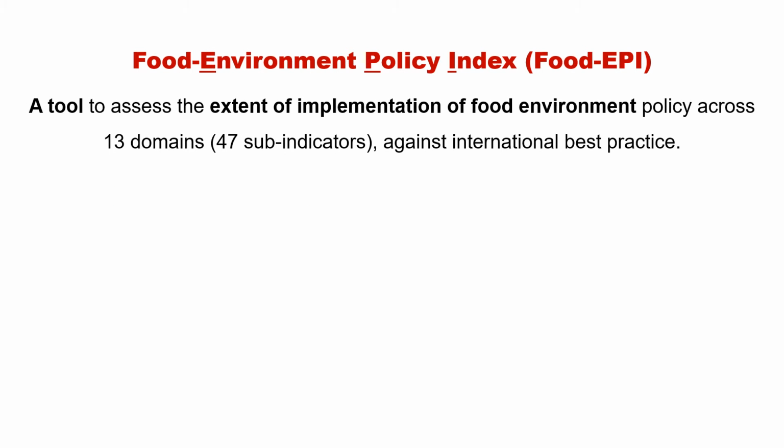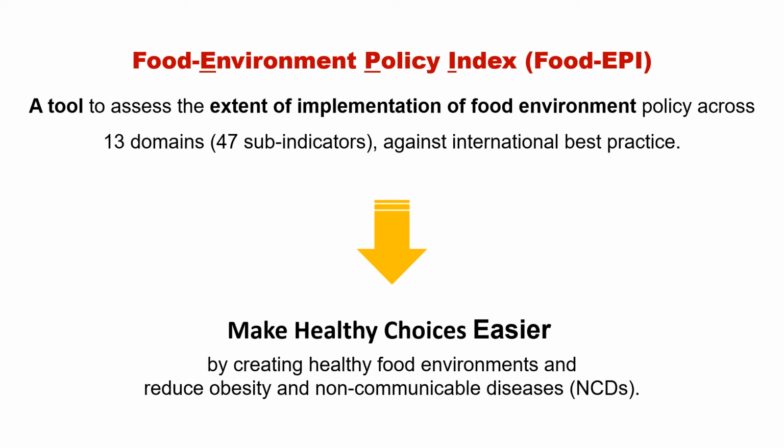In this workshop, we are performing the Food Environment Policy Index. It is a tool to assess the extent of implementation of food environment policy across 13 domains, consisting of 47 sub-indicators, by the government against international best practice. The ultimate aim is to make healthy choices easier by creating healthy food environments and reduce obesity as well